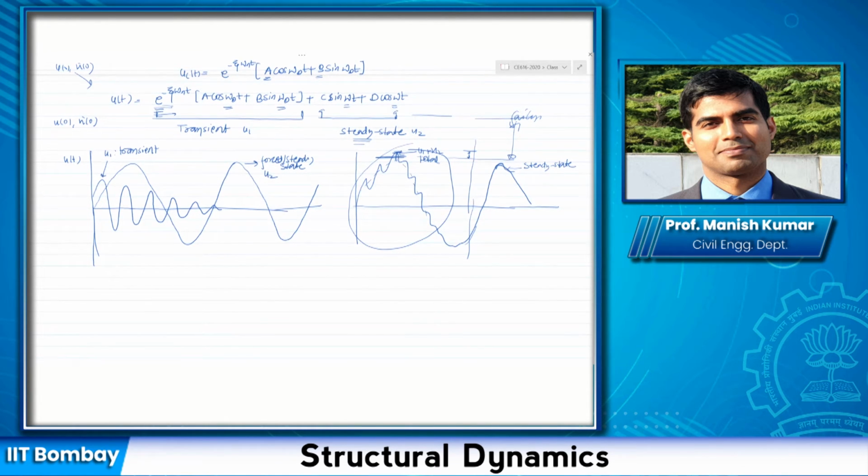Okay, so we are considering linear system, so we are not putting our emphasis in that region. Okay, so yes, it does affect. You need to be very careful regarding that. Okay, but we are only focusing right now our understanding on this part of the steady state. But when we will be actually doing earthquake, we will see that because in an earthquake, there is no sinusoidal excitation. So what we do is the numerical evaluation of the response, and there we consider everything. We consider steady state, we consider transient state. Basically, we consider whatever response we get, we analyze that. Is that clear, Adit?